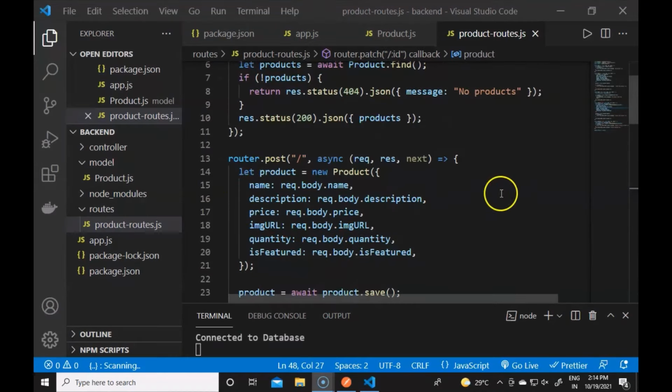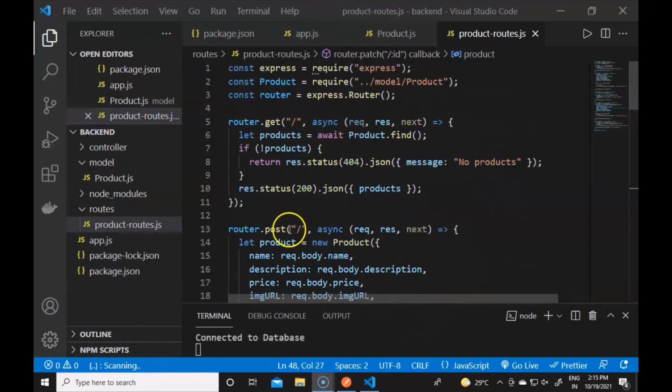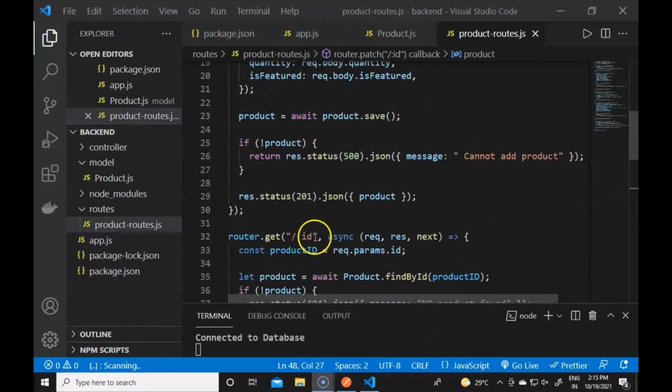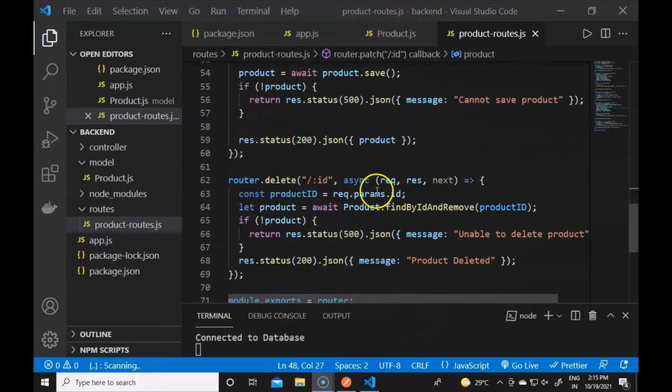So guys, now you can see we have implemented the CRUD operation with the backend by creating a REST API. Now we can optimize our files a little bit. Here in the product routes file, this file is getting bigger and bigger. We can optimize it by taking out the implementation of some functions, like the post, get product, and the get again, the patch and the delete. We can move on to the controller files, and we can just shift these functions there.